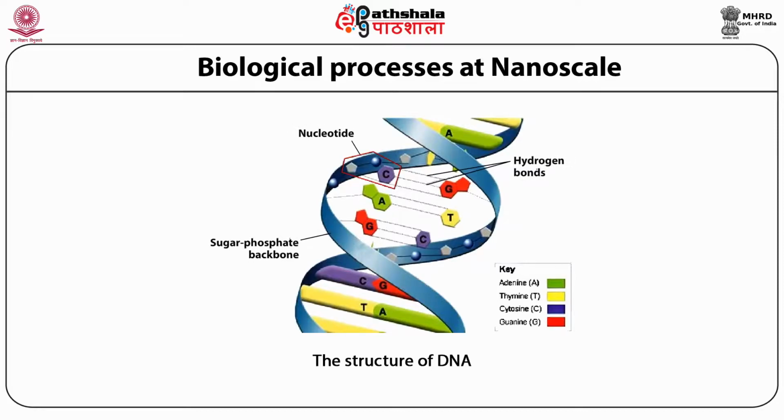The 2 helices in the DNA strand are held together by a large number of hydrogen bonds. At a bulk level, hydrogen bonds are weak, but due to large surface area at the nanoscale, these small bonds